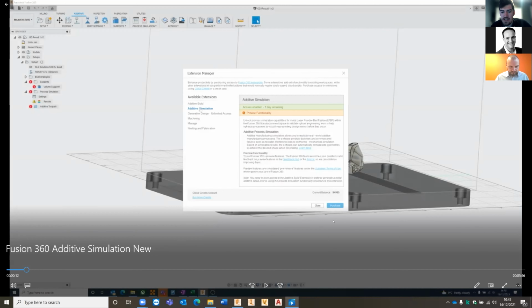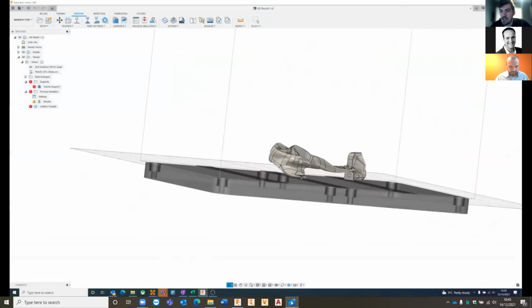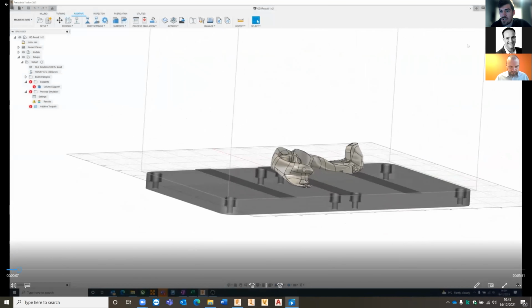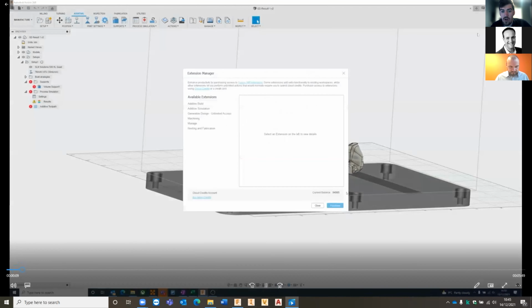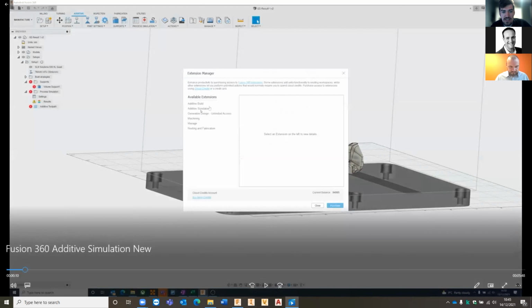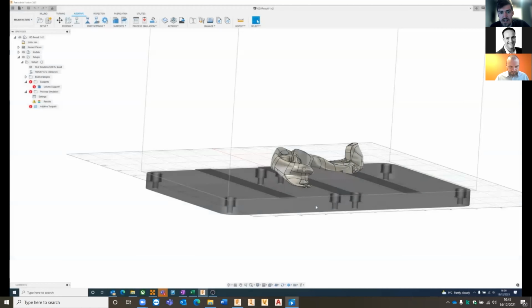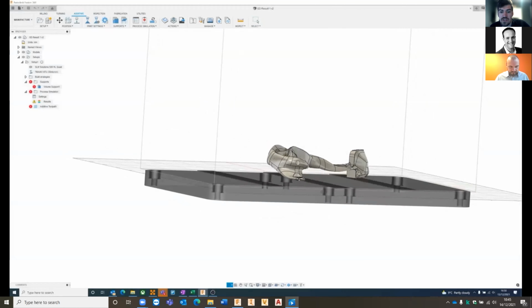But what you can see is just by going up in the top right, we can select the extensions manager, which I showed you earlier. And opening that, we've got a few extensions that we can choose between. So we've got the additive build that we can choose, and we've got the additive simulation that we can choose inside of that list. And it's just a case of then purchasing those from within Fusion itself. The additive build obviously gives you what we've just had a look at, and the additive simulation will now allow us to simulate